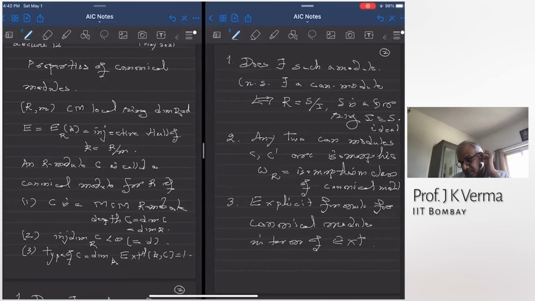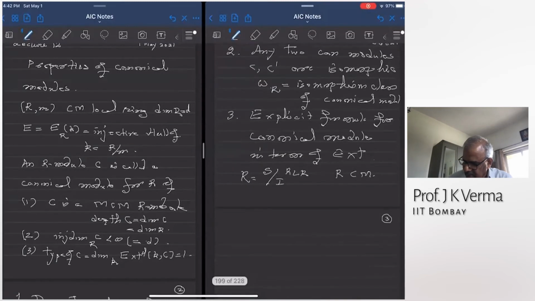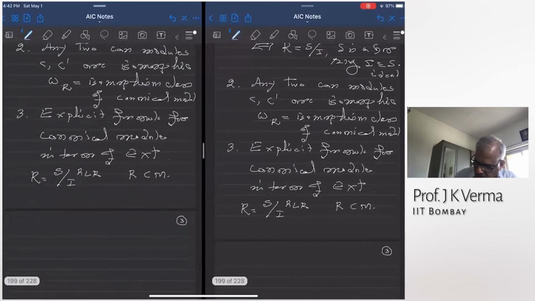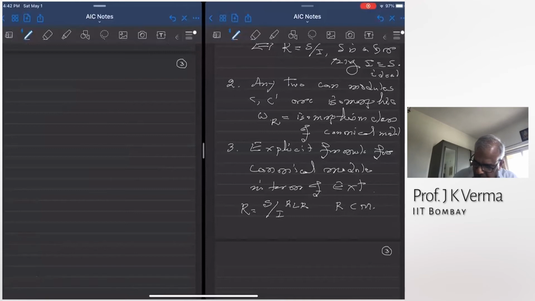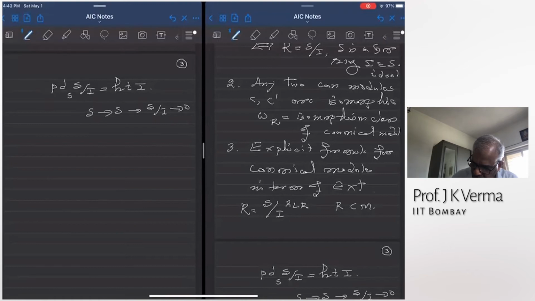Okay. So I have briefly done this when I introduced Grothendieck's approach to Gorenstein rings. Remember, the Gorenstein rings were defined in the special case when we have a regular local ring S, and a quotient S mod I by an ideal, and suppose this is Cohen-Macaulay. Once it is Cohen-Macaulay, then the projective dimension of S mod I over S is the height of I, okay? And so it has a minimal free resolution whose length is H,